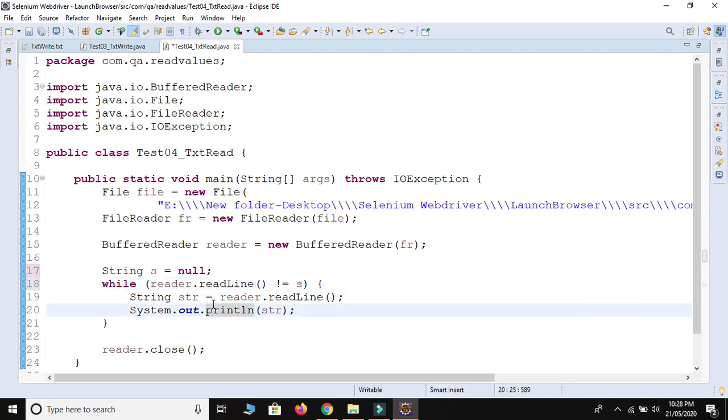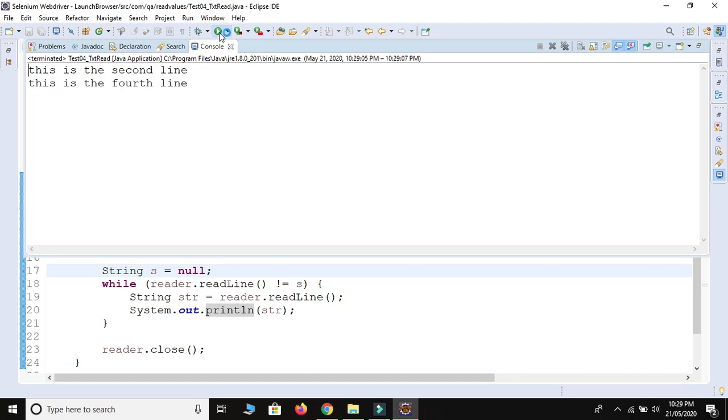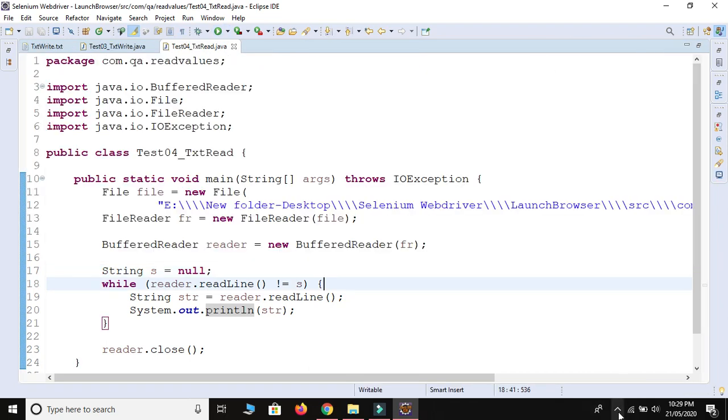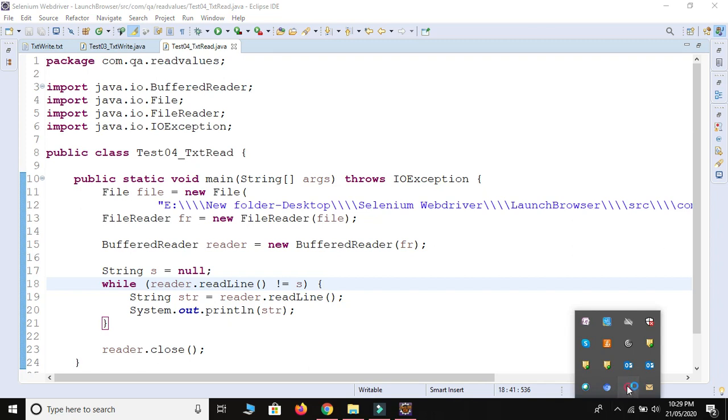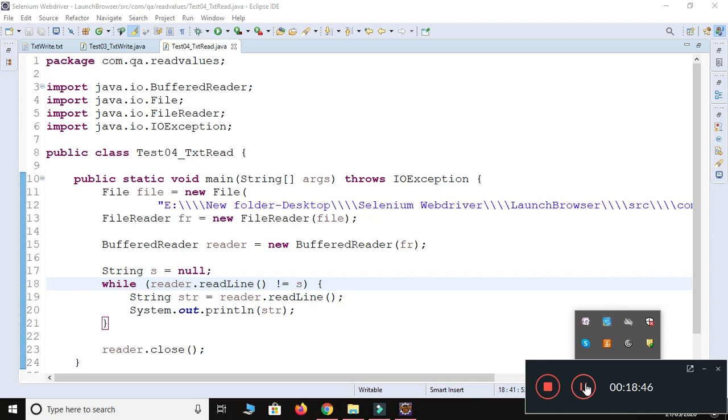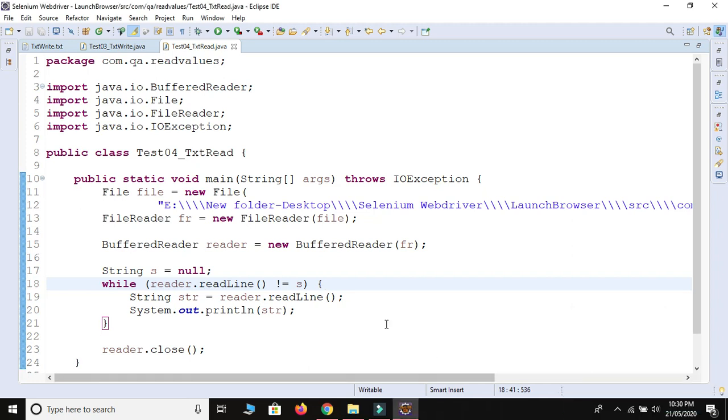Let me check this one, otherwise I also need to check. Let me run this one. Okay, guys, let me check this one. I will reconnect, just a minute. Okay guys, I got the defect.